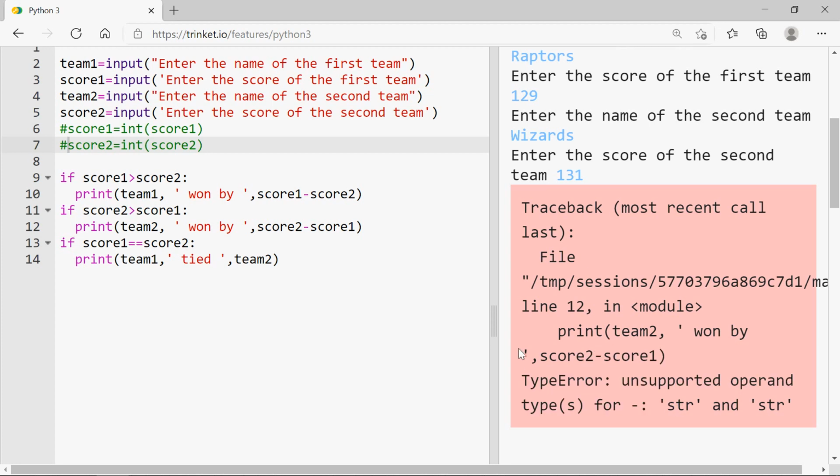It can add strings together, it concatenates them, but it can't subtract them. And in addition to that, this comparison would not necessarily come out right either. So it's very important when you're working with numbers to convert it so that Python knows that it is a number that you